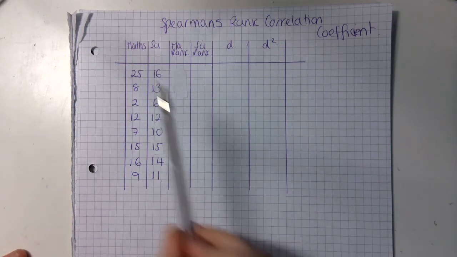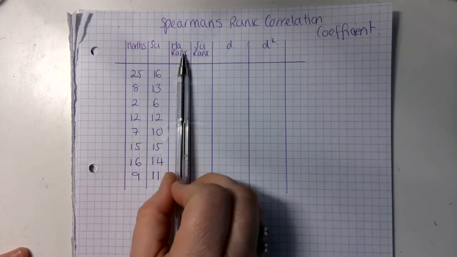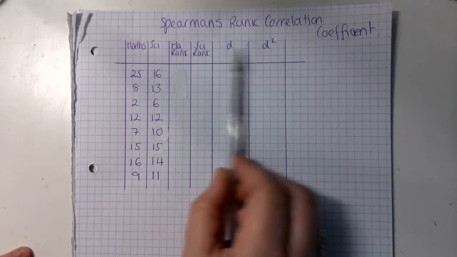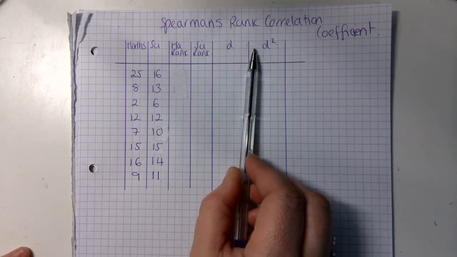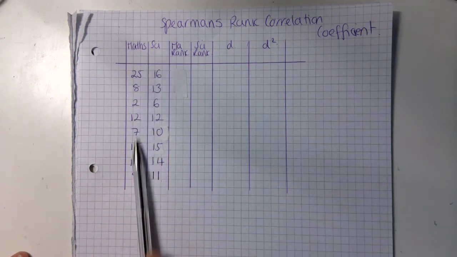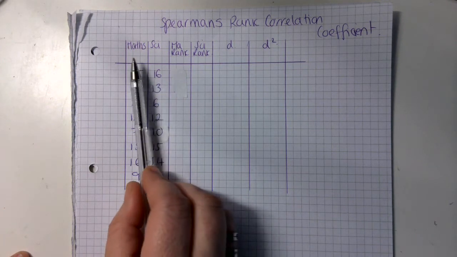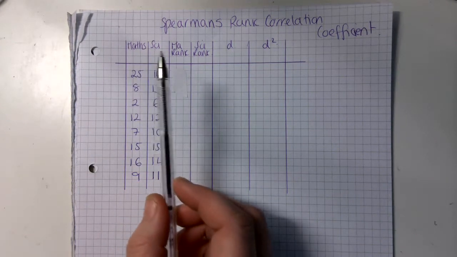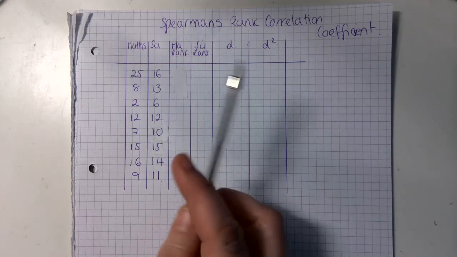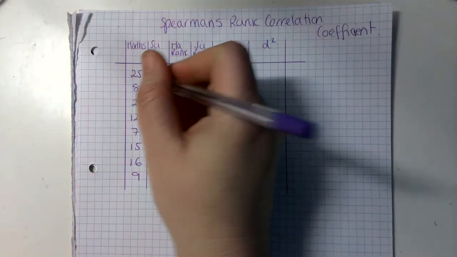Normally you're given a couple of columns, not necessarily labelled, and then you're always given extra columns which you need to use for the D and D squared. To start off with, you've got your two scores, a math score and a science score, and we're just going to rank them in order. Obviously the highest score is the highest rank, so we're looking at the maths ones first,